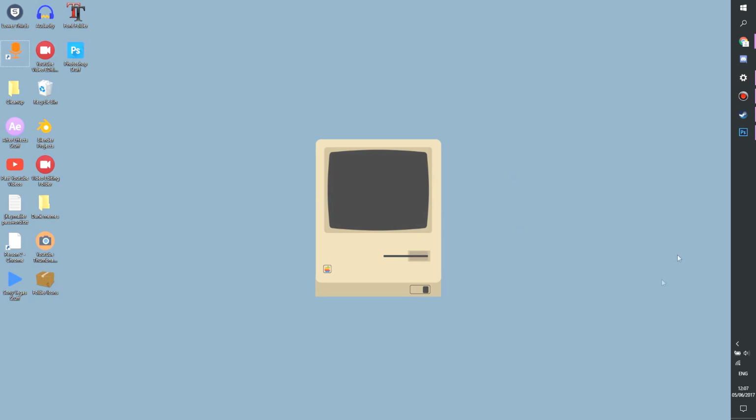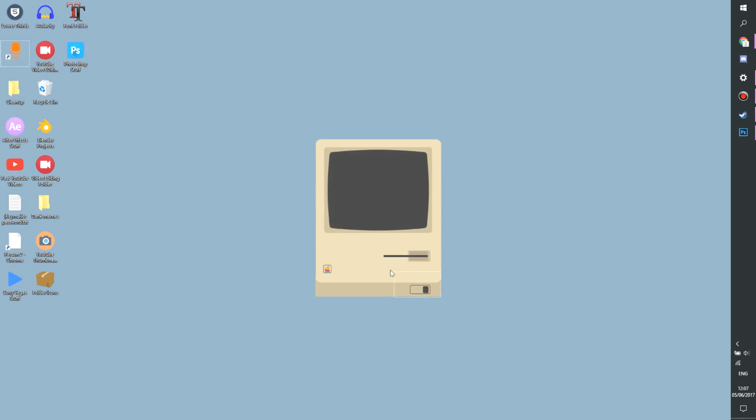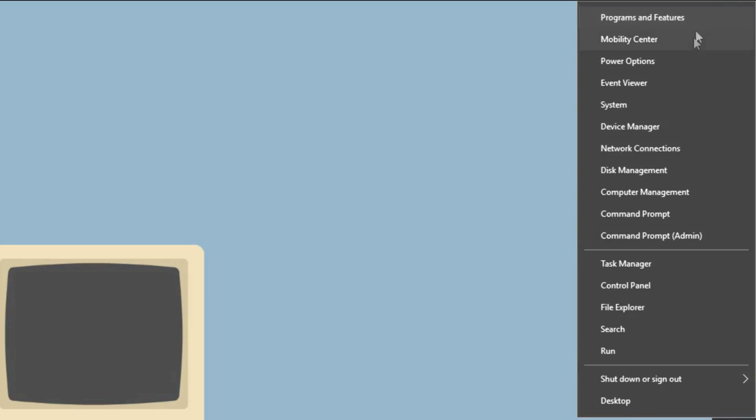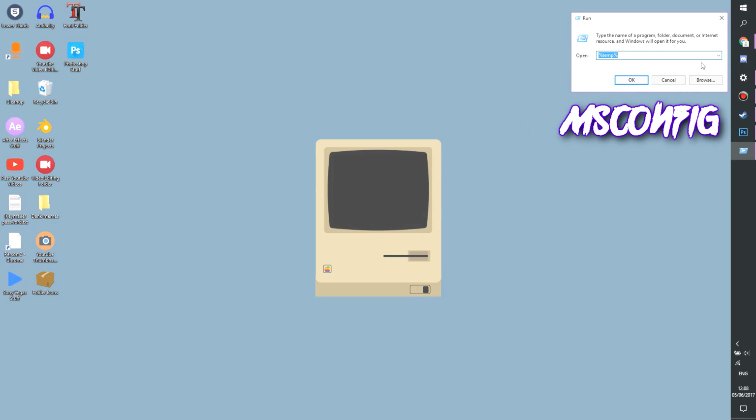After that, the second step is to clean things from your startup. If you're the type of person that has a lot of programs, you might find that when you start up your laptop it is really slow. Now, to fix that, go to your start button. If you're on Windows 8, it's the same thing. Right click on your start button, then go to run. Hover your mouse above run, and left click and type in